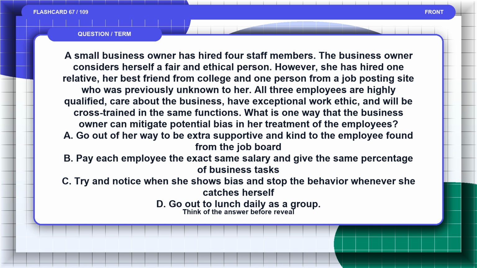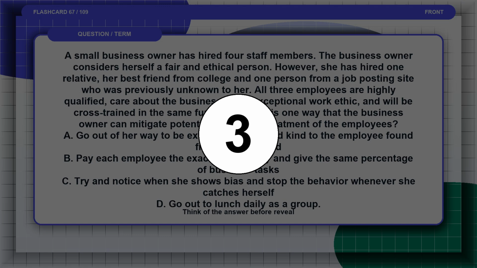A. Go out of her way to be extra supportive and kind to the employee found from the job board. B. Pay each employee the exact same salary and give the same percentage of business tasks. C. Try and notice when she shows bias and stop the behavior whenever she catches herself. D. Go out to lunch daily as a group. Pause and think of the answer before the reveal. The answer is